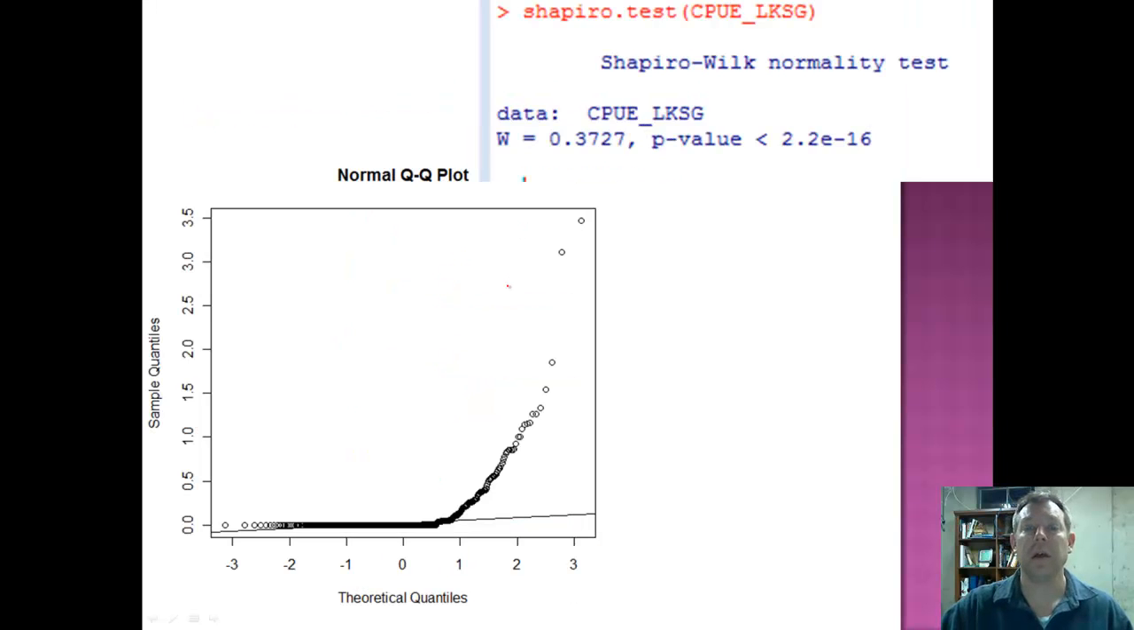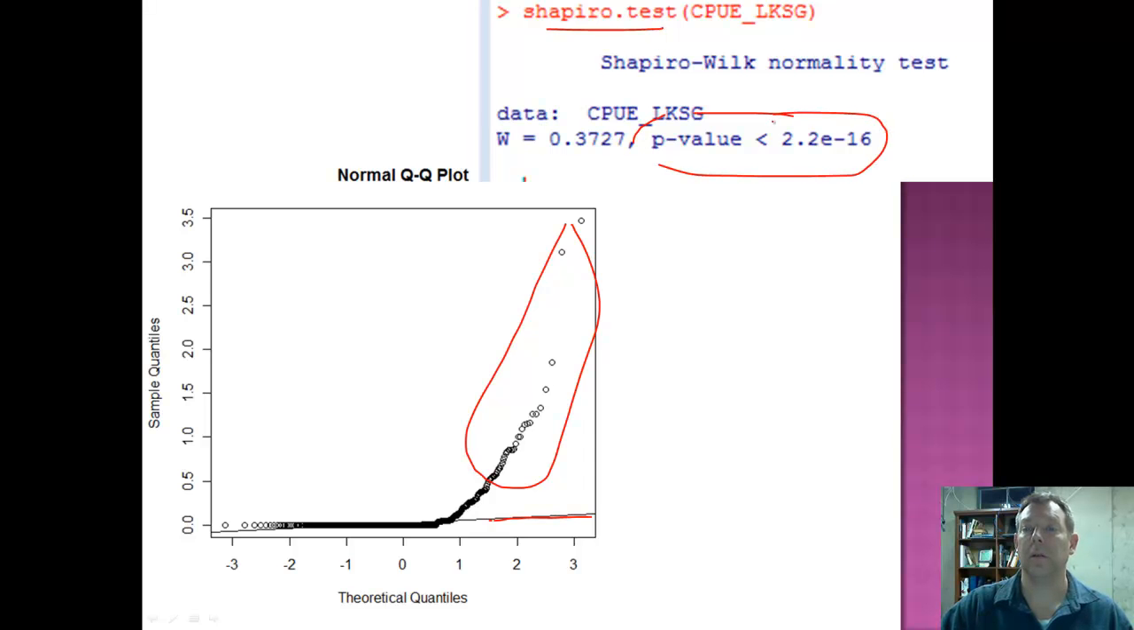We run those data through the normal QQ plot. You see here's our QQ line down here, and you see tremendous deviation from that line. Down here, it's not so bad, but up here, clearly that suggests non-normality. And if we run the Shapiro test on it, you'll see the p-value is 2.2 times 10 to the negative 16. So put 15 zeros in front of this 2, and then a decimal point,